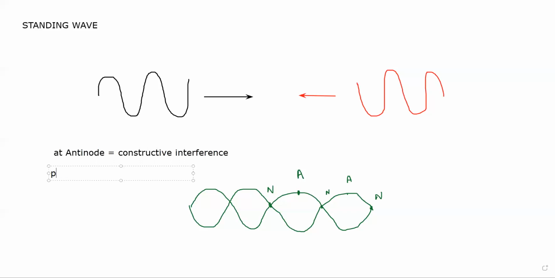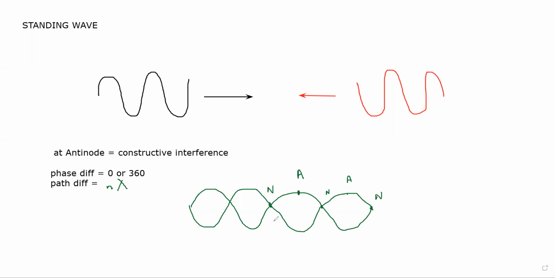The phase difference should be either 0 or 360 degrees, where the path difference should be lambda, 2 lambda, 3 lambda, and so on. So the path difference is equal to n lambda when an antinode is formed. And when a node is formed,